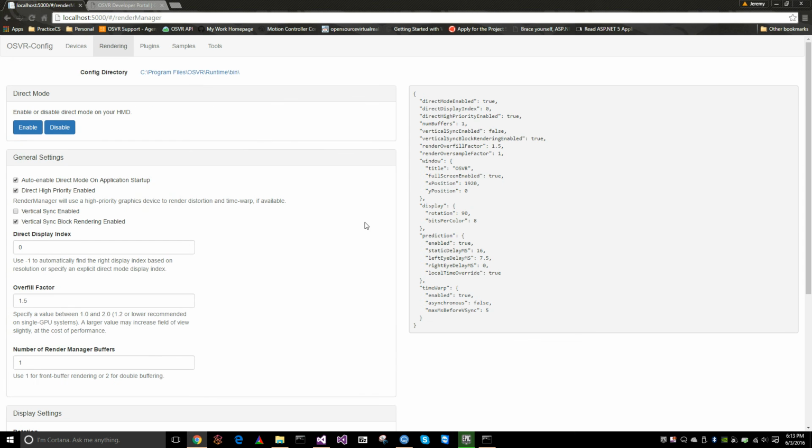So the general settings, basically the most important one here is the setting to enable direct mode. So when applications start up, if this is checked, your HMD will automatically start up in direct mode when you start the application. Unchecking that will disable that functionality. And underneath here there are some advanced settings,